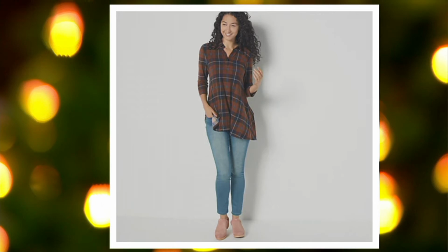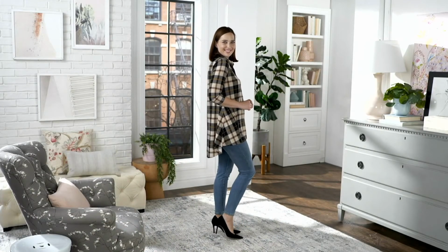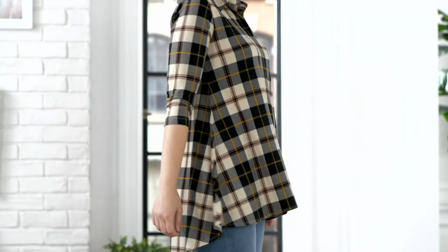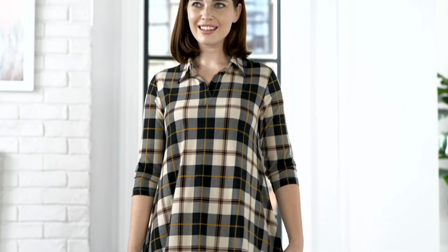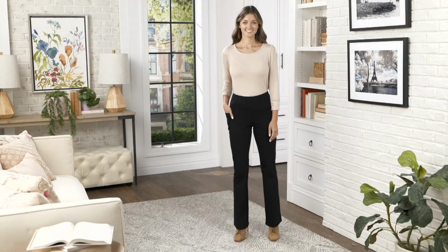All right, we're going to give you a look at the La Petite Belle pants next up in the show. We featured these a little earlier